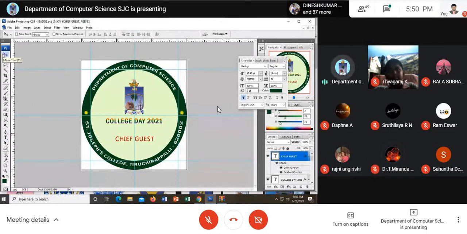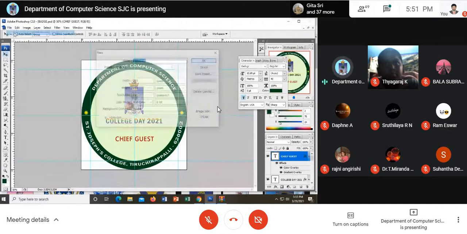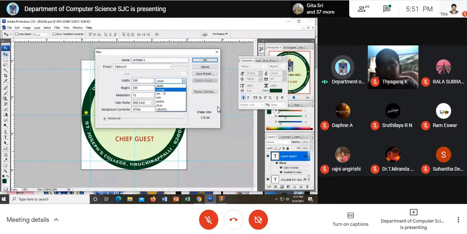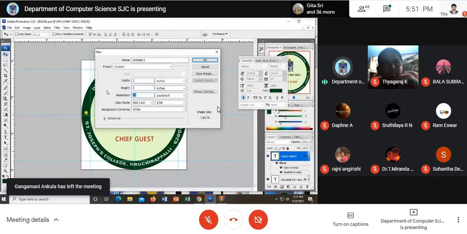Now, after saving it, you have to pass over the file to the printer, so that he will file it accordingly, and he will give it to you die-cut, and you will get only the round shapes. He will cut it and give you, or you can strip off the round shape and paste it in the badge. Now, any clarification with this? Once again, I shall tell you the procedure. Now look at here. I just go with the new. The size is, the latecomers please follow it, the width is 3, and the height is 3. Resolution is 300.